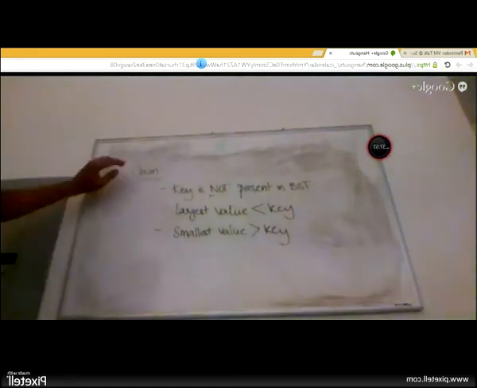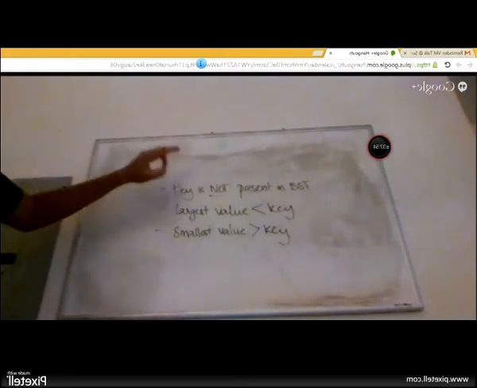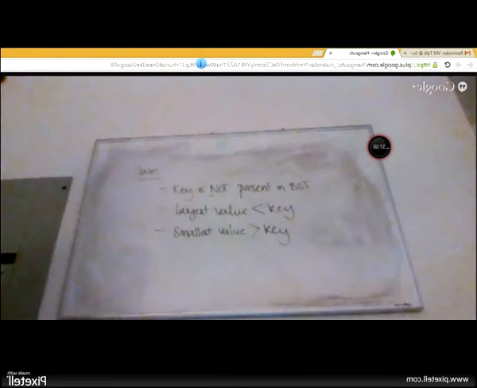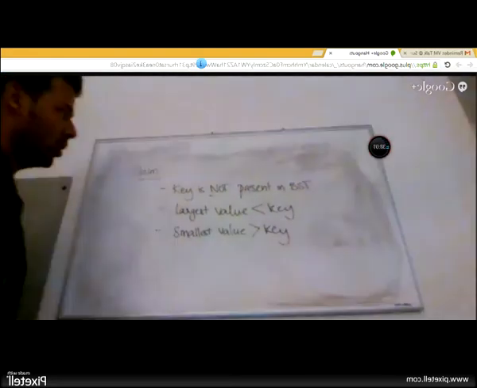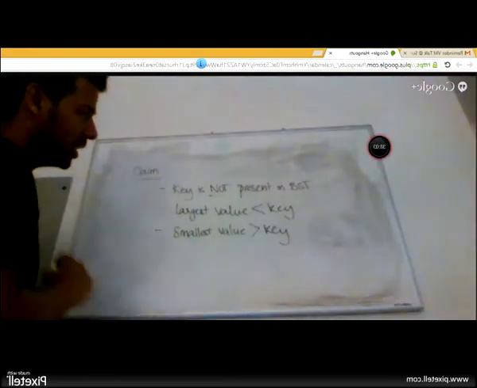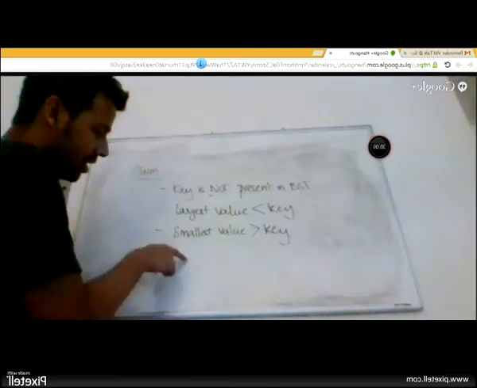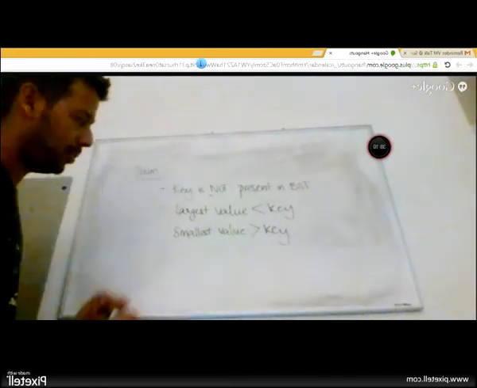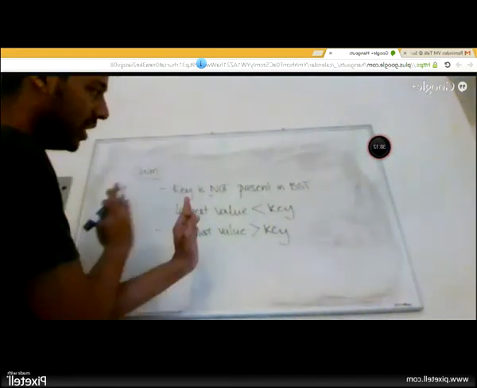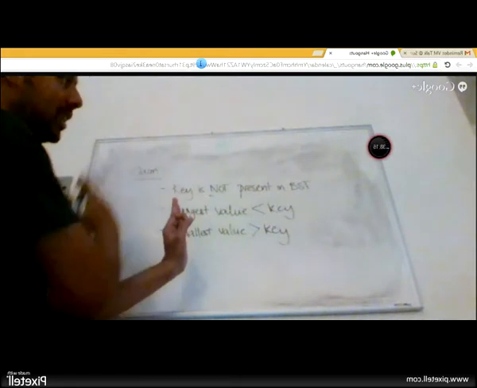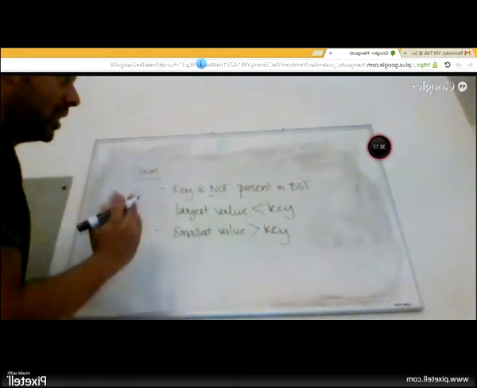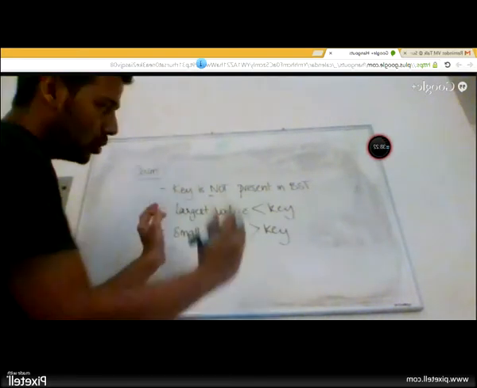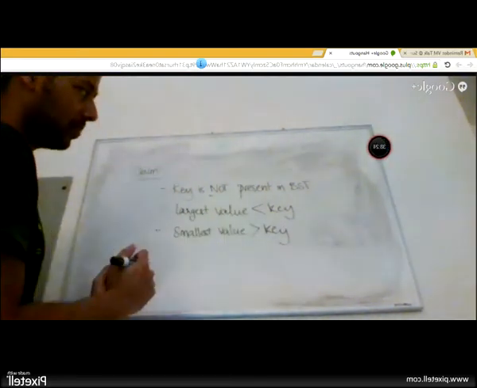What I'm essentially saying is that if I'm searching for a key which you can assume is not present in a binary search tree, when I'm traversing through the nodes, I will 100% access a node which is just before that key, pretending that the key was in a binary search tree. The element that comes before it, which is its in-order predecessor, I'm going to access. And if this key was, let's pretend it was in the binary search tree, then I'm also going to access the in-order successor of that key.